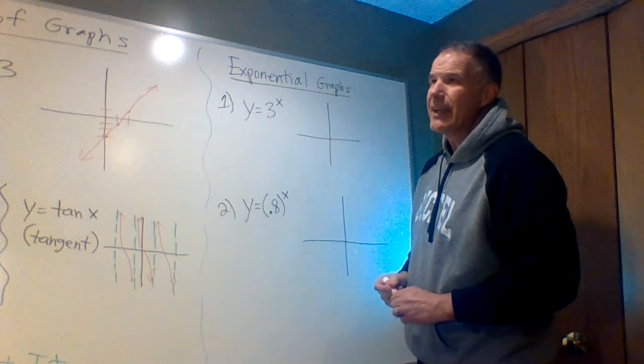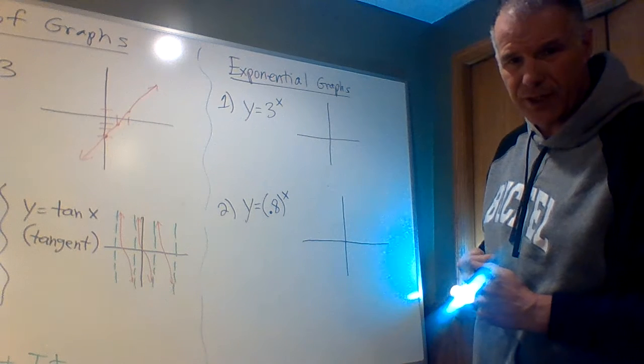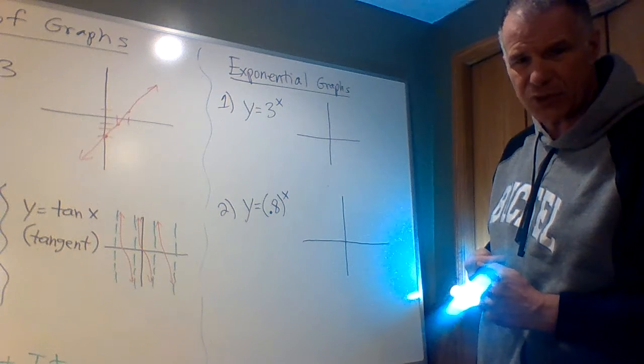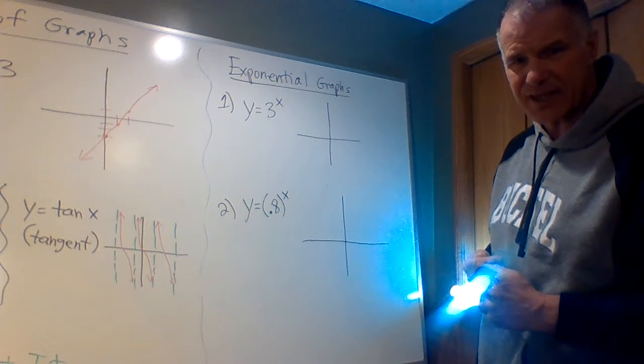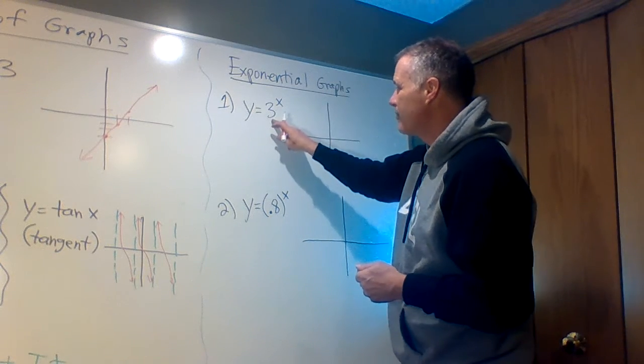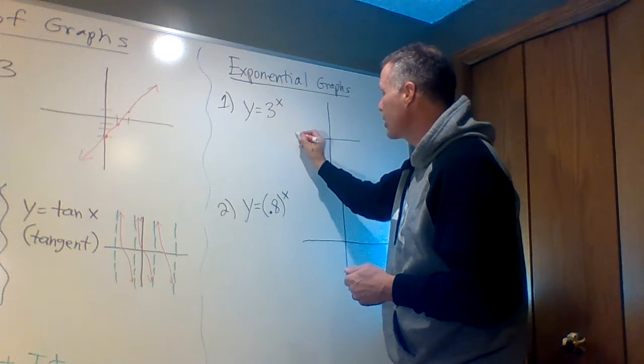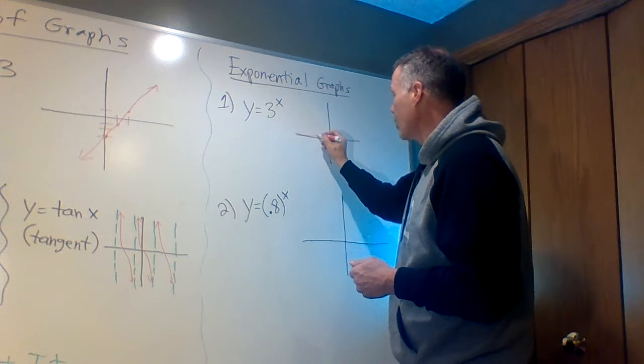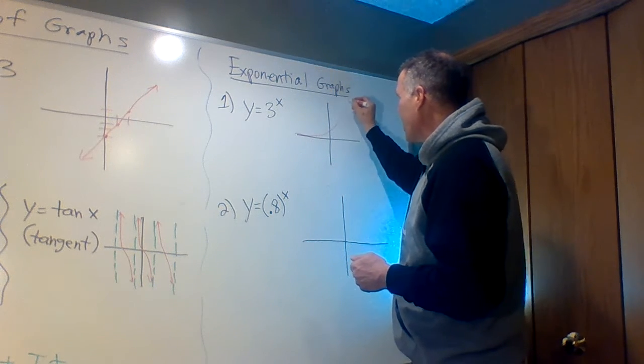You might have done a little bit of this in science class. Basically, any number that's bigger than 1 is going to start growing slowly, but then take off